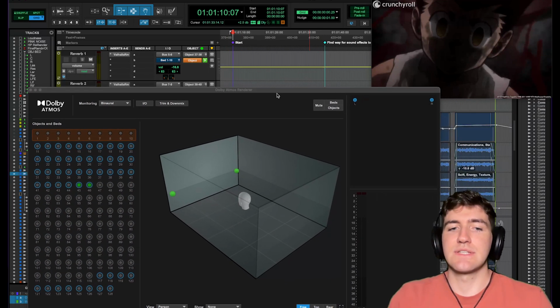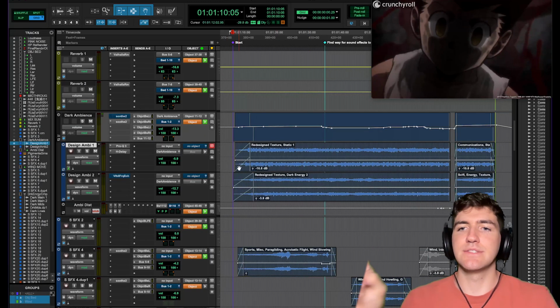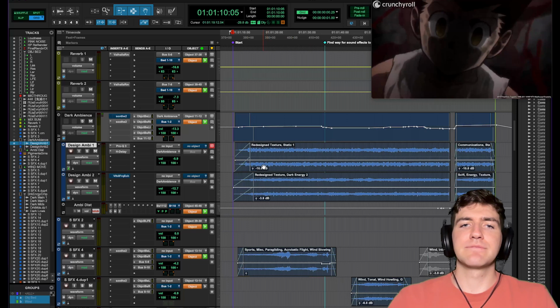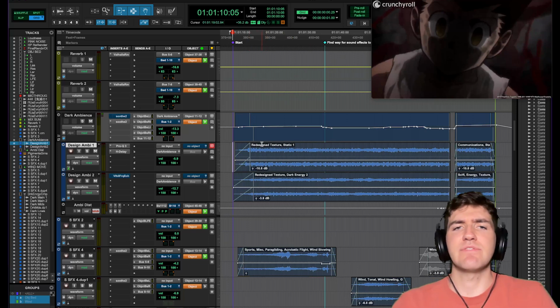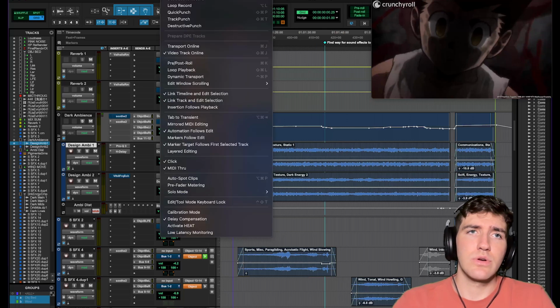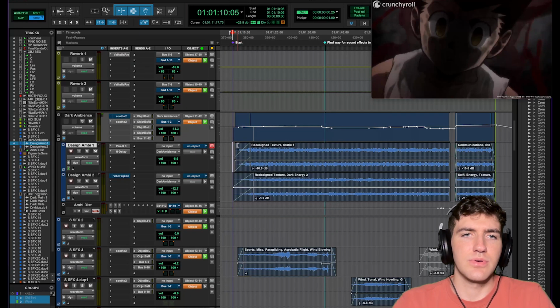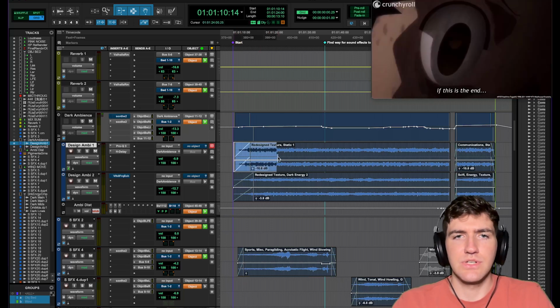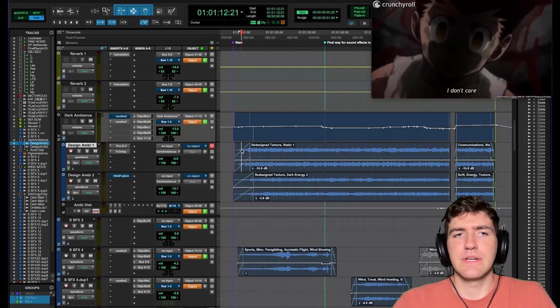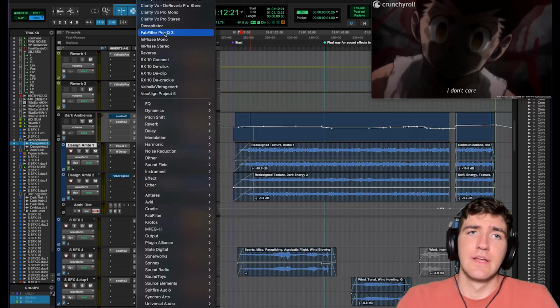Let's get into the design itself. For this one, I started off with basically energy beds, I like to call them. Basically taking, like for this, I think I took TV static and then sent it through a granulizer like Portal, perhaps. Pretty sure I sent it through Portal, which output is not working at the moment for some reason. But Portal or Crystallizer,